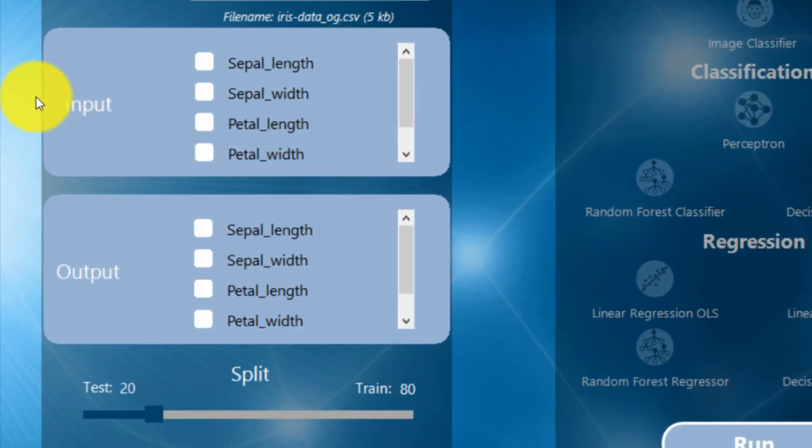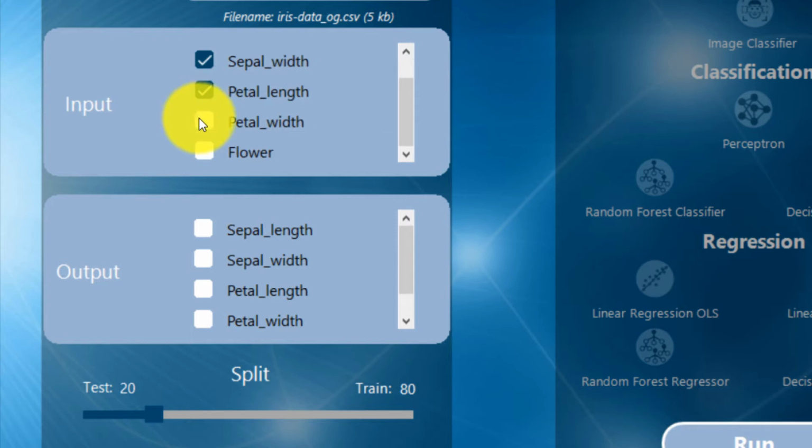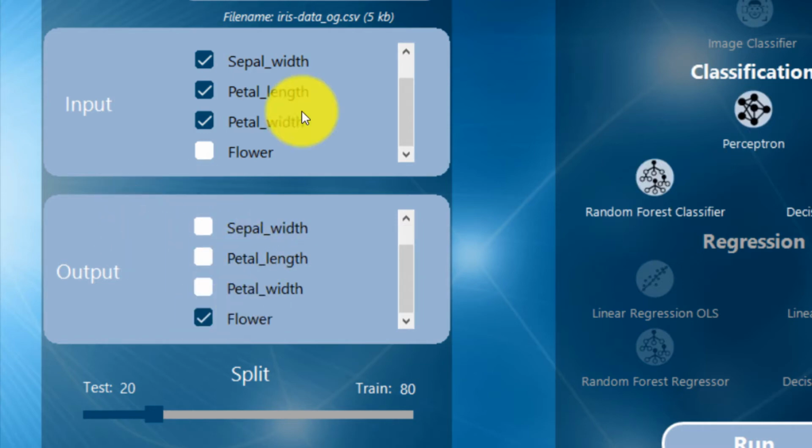So now I have to select my inputs and then select my outputs. I will go ahead and select sepal length as my first input, sepal width as my second input, petal length as my third input, and petal width as my fourth input. And as my output, I will select flower, which is my type of flower.